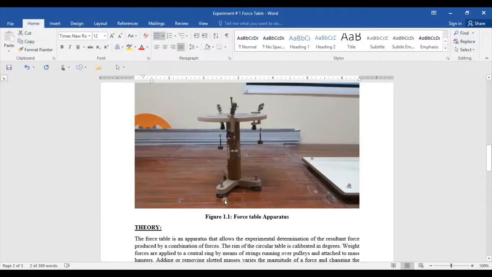When you rotate these screws, you will get your apparatus balanced. Why are you going to make your bubble at the center? Because if your surface is rough or wavy, the apparatus will remain on a plane surface by making the bubble at the center. So what we are going to do, we have three weights hanging over here. You have to take two forces, F1 and F2, and the third one should be the resultant force. I already explained in the experiment how you can perform it.